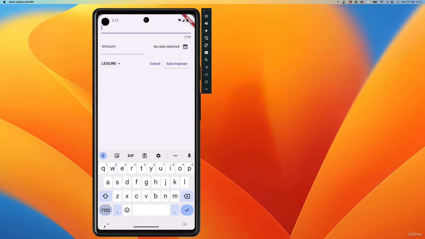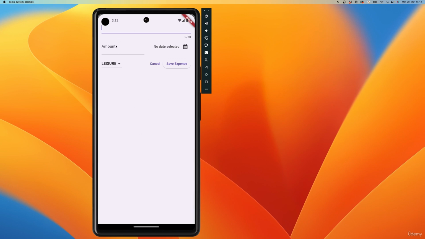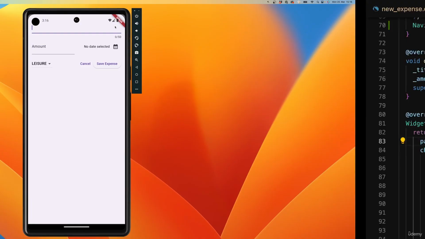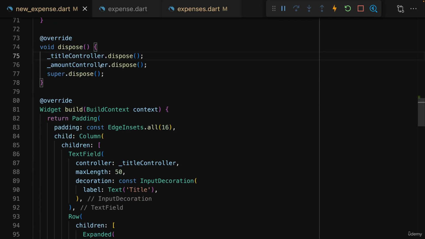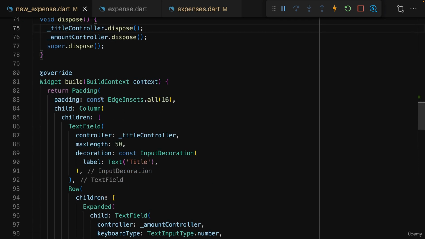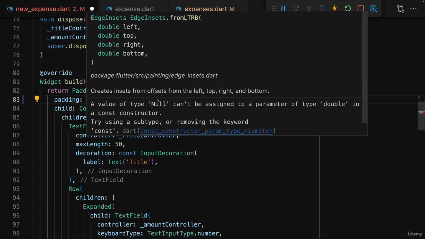Of course, you can see though that at the moment this also means that some content is obscured by some device features like the camera here. And to make sure that this is not the case, we can go back to the new_expense.dart file, and here where we add some padding around our form, we can switch from all to fromLTRB, which simply allows us to set different spacings for different directions: left, top, right, and bottom,